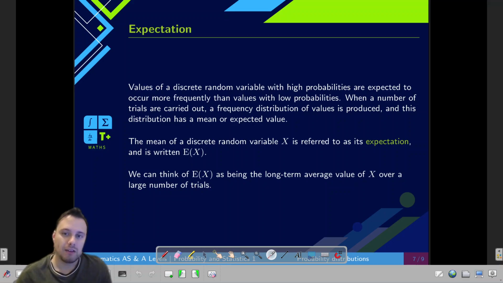We can think of the expectation as being a long-term average. Let's say if you produce this many times, what is it that you're expecting to get? It's a very interesting concept that we can use in numerous exercises. It's very useful. There are some really interesting applications for this that I'm not going to be presenting now because I want to emphasize mainly what the AS and A levels may ask you. But I highly recommend that if you're interested in this, you look it up.